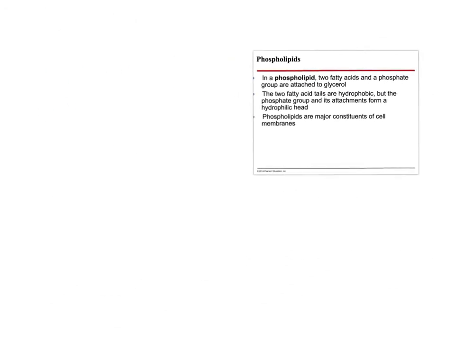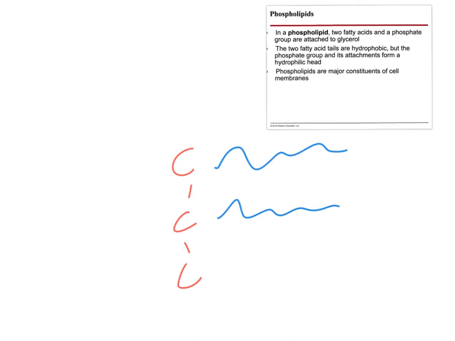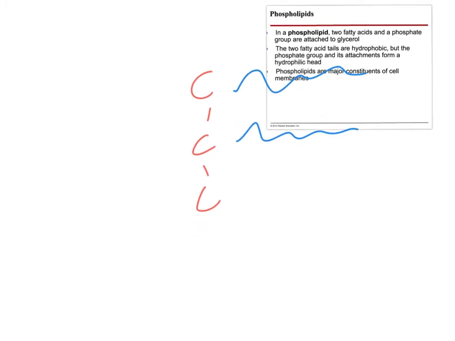So therefore you have something that looks like this. You have carbon, carbon, carbon, fatty acid chain, right? Yes, you agree? Good, I hope so. But then on this last one, instead of the fatty acid chain, we're going to add a phosphate group. Easy peasy? But that phosphate group is